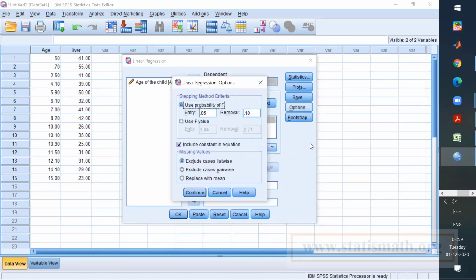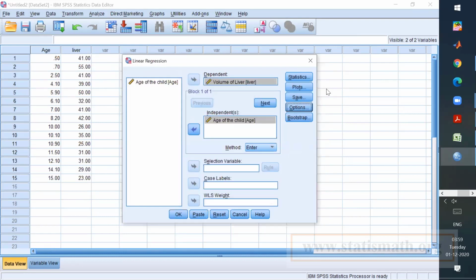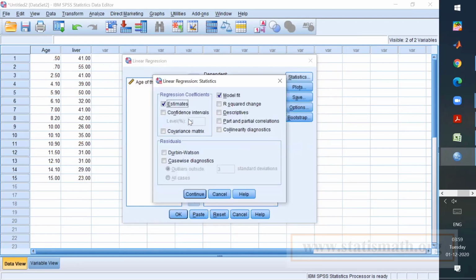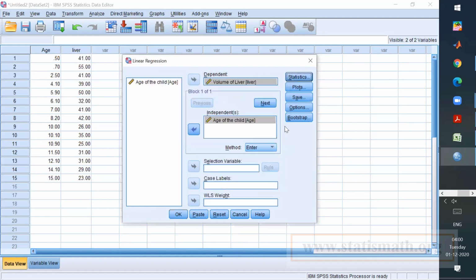Okay, so options: entry point probability, no need to do anything. And then statistics. Basically, you want the model fit and the R square. Just put your independent variable here, and your dependent variable here. Now press OK.